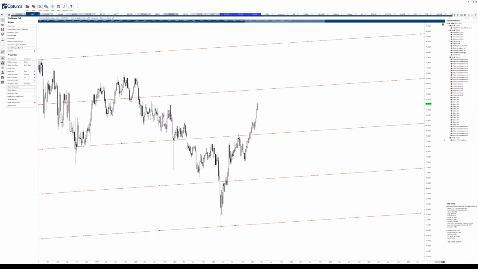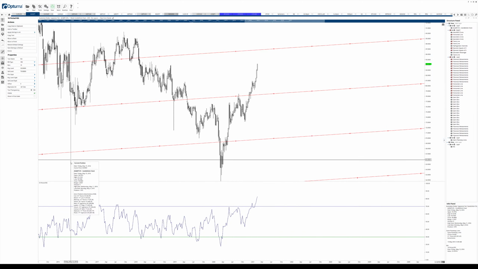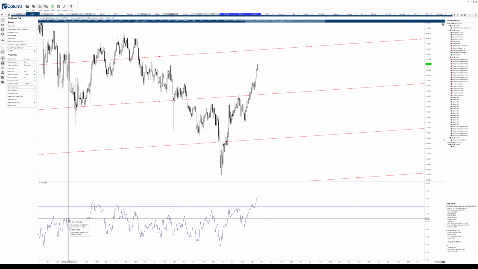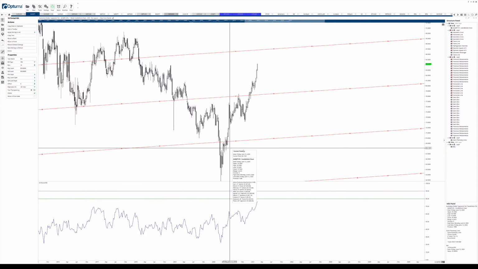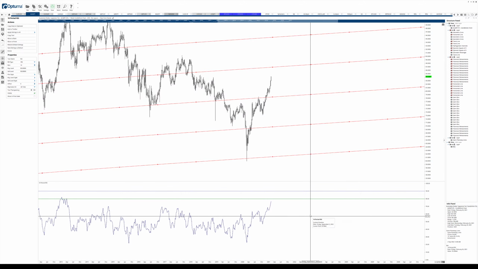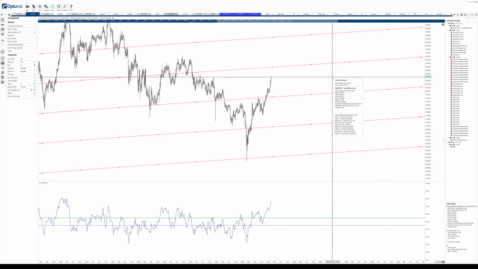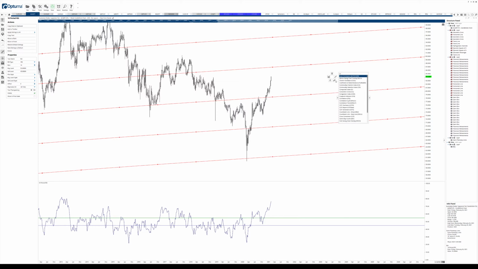I want to also take a look at, I don't think I have them on here, do I? No, I don't. Give me one sec. Take a look at the weekly RSI. Make sure that that's set to the 14 period. I have no idea why Optima defaults it to 10. And because we are in a bull market, I want to look at the 80 and 90 zones. Sorry, I want to do 55 and 45 as my support zones. And the composite index.